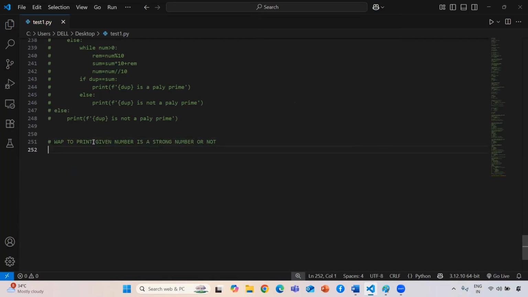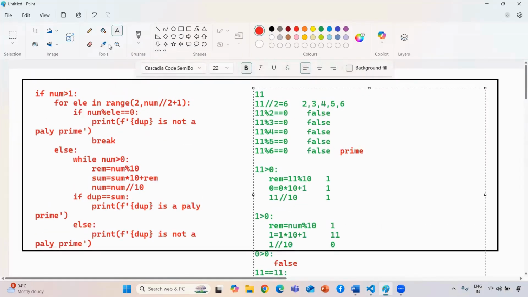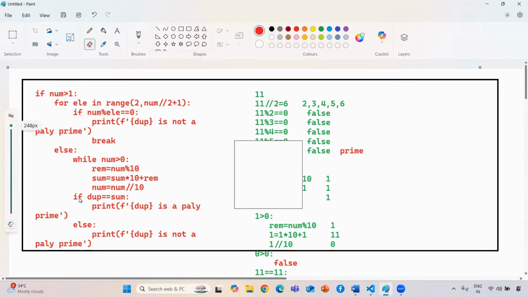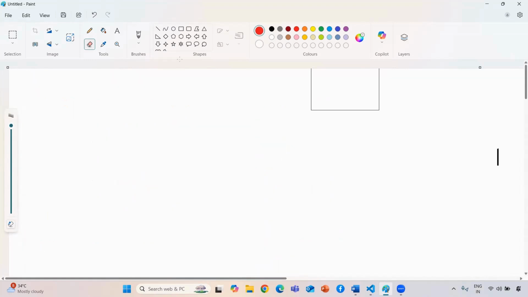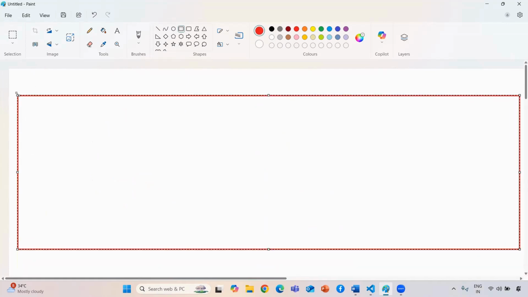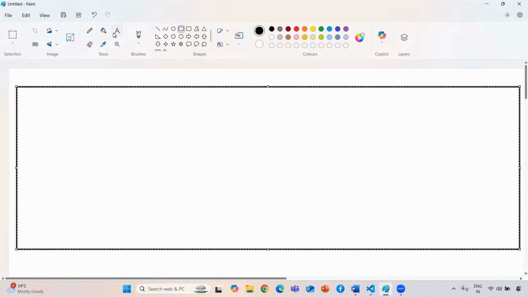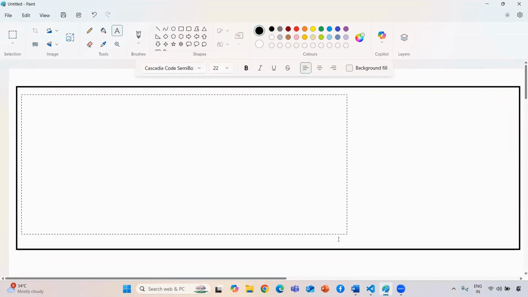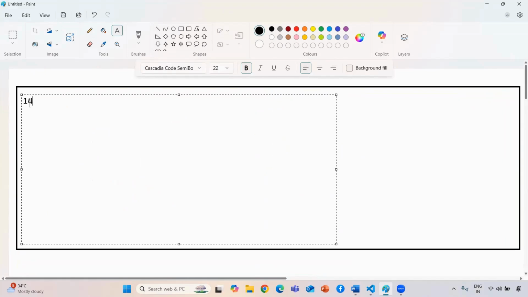So how are we going to check? We are going to see now. Come to my pen. I just want to erase all the things. So guys, a strong number is nothing but, if I'm taking a number, based on an example only I can explain you with more clarity. So in Python, a strong number is